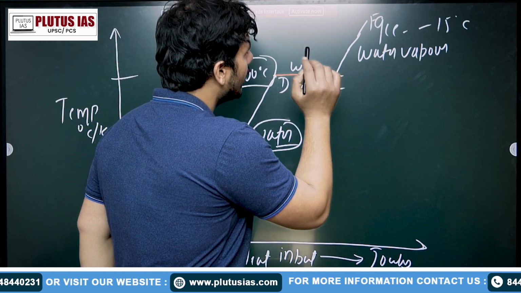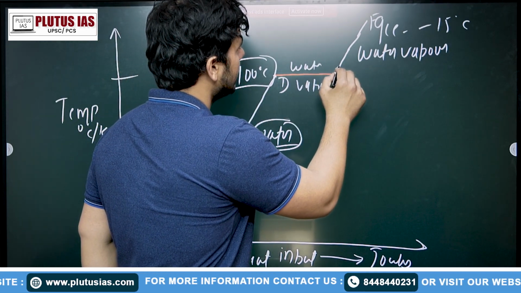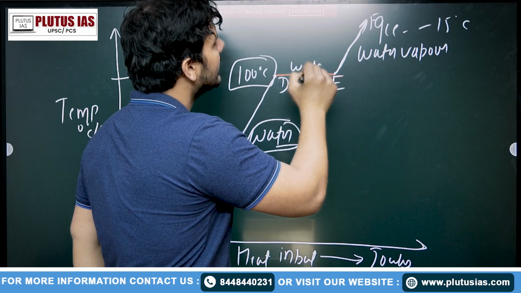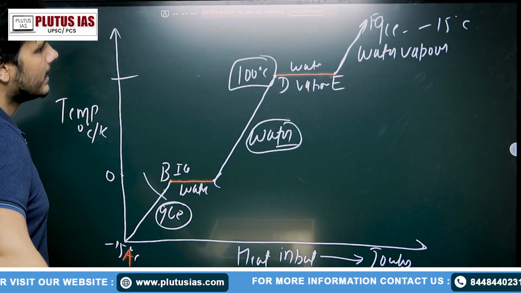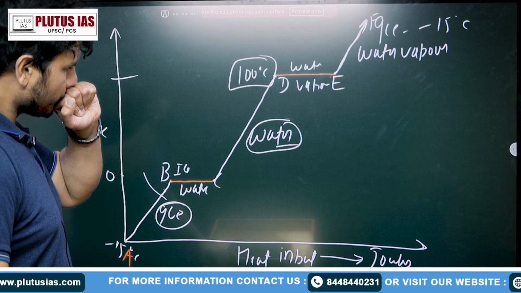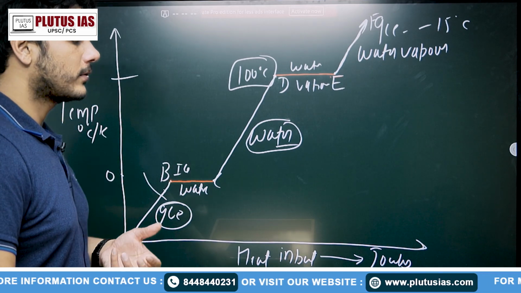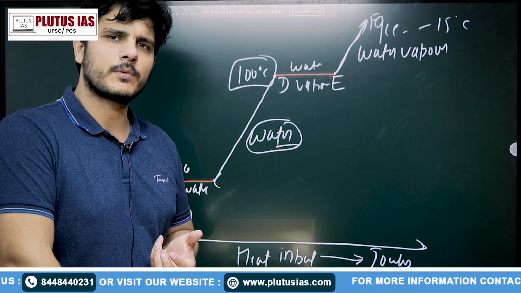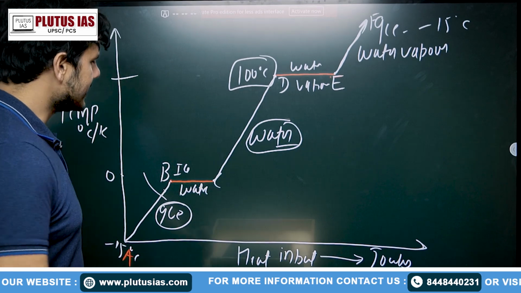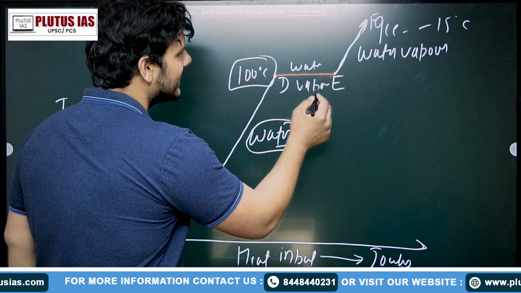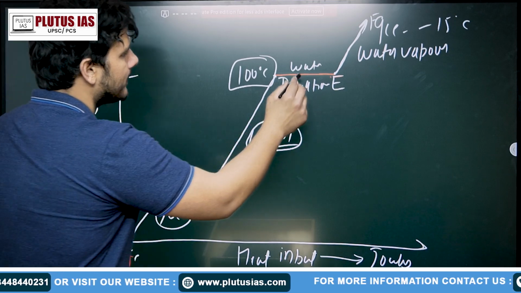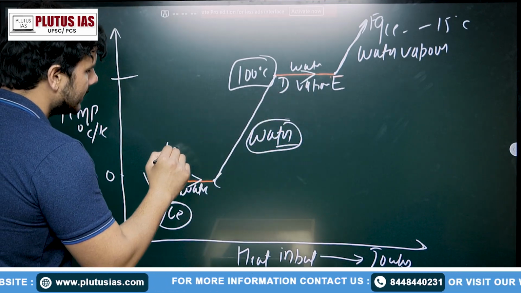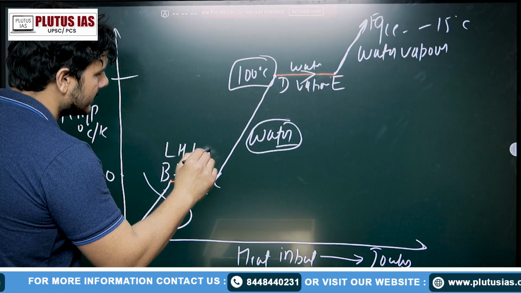Now once the whole of the water has been vaporized, again it will show an increase in temperature with the heat input. Okay, so you look here. If you do not observe any change in the thermometer, what do you say? This is the latent heat, the hidden heat. Okay, so this heat, if you are increasing the temperature in this way, we call it latent heat of fusion,